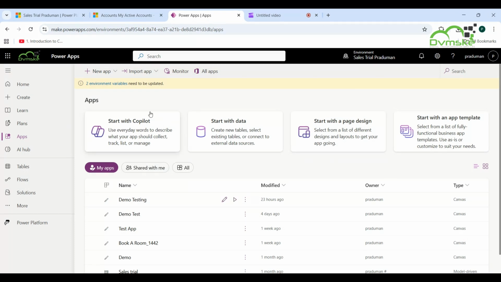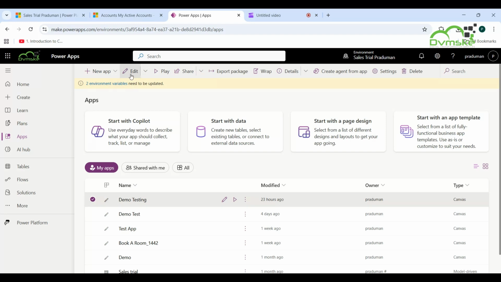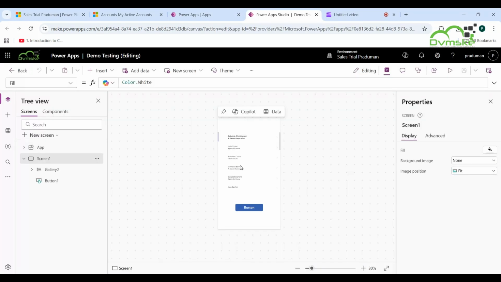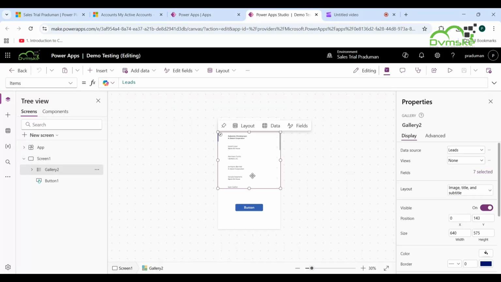So how can you edit a Canvas app? Firstly, sign into make.powerapps and select Apps in the left navigation pane, and then go to My apps and select Edit from the top, or you can use More commands from here and then go to Edit and Edit in new tab. So now you can edit this app as per your need,